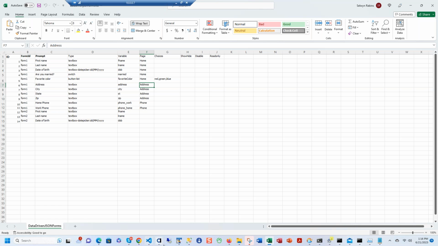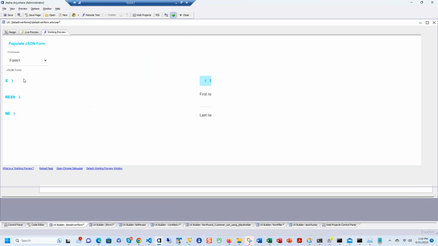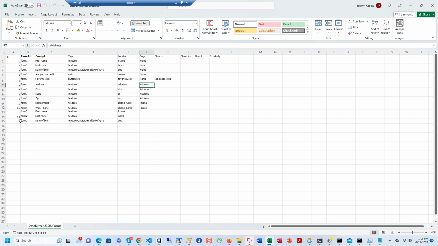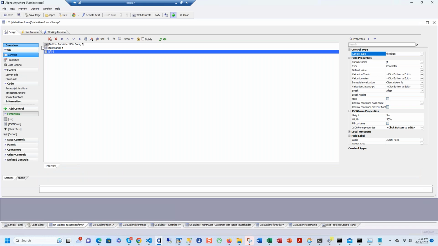So let's go back to our form now and go to the address page. So there's the address page. And now let's switch over to Form 2 and retrieve that. There's Form 2 now that's come up, and you can see it has these 3 questions on it. So if we look at the code behind this button,